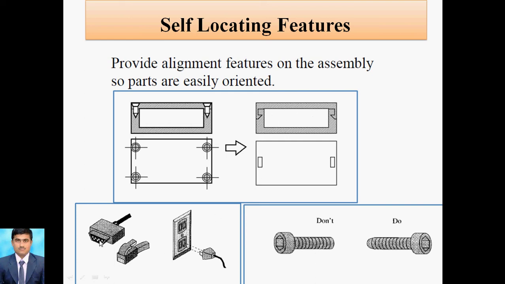Here also a pin arrangement is there. We can directly insert over here. That is self-aligning. It is not required in a tilting manner. So this is the requirement of self-locating, which simplifies the assembly. Here there are two parts. If it is like this, then self-alignment is difficult. But if it has some taper shape, it can align properly. This type of arrangement we have to consider in the design for assembly.